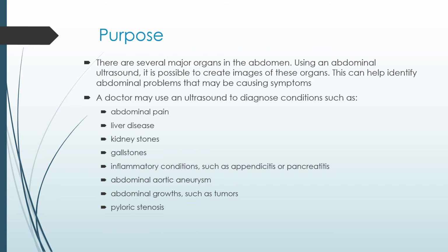The purpose: there are several major organs in the abdomen. Using an abdomen ultrasound, it is possible to create images of these organs, and this can help identify the abdominal problems that may be causing the symptoms. A doctor may use an ultrasound to diagnose conditions such as abdominal pain, liver diseases, kidney stones, gallstones, inflammatory conditions such as appendicitis or pancreatitis, abdominal aortic aneurysm, abdominal growths such as tumors, pyloric stenosis,